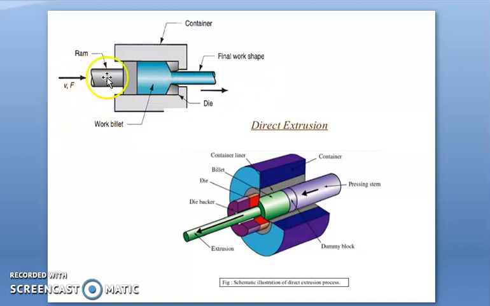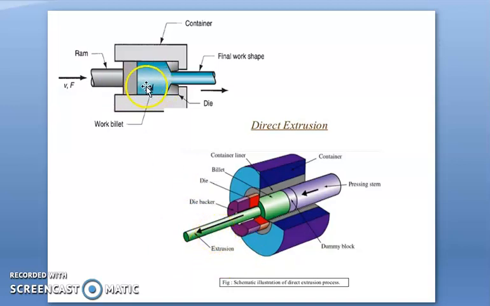When the force is applied through a ram to the hot billet, metal is extruded through a die. If you see in the cross-sectional view, this is our container, in blue color. Inside we have the billet. Through a pressing ram, the billet is forced. After that, through the die, the material comes outside with the desired shape of the object. It's a circular object shown in the figure.